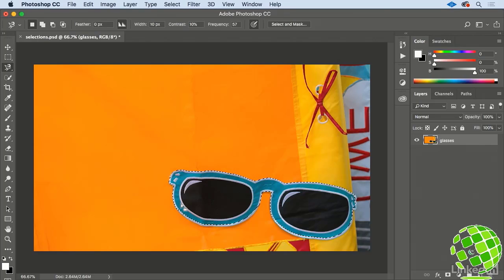And to use the keyboard commands to add to your selection, move your cursor inside of the marching ants, then hold down the Shift key like we saw before, and notice we get our plus sign. Now drag out over top of the boundary, and then drag out over the edge of where you want to add to your selection. Then cut back inside, go back to your starting point till you get your closing circle,